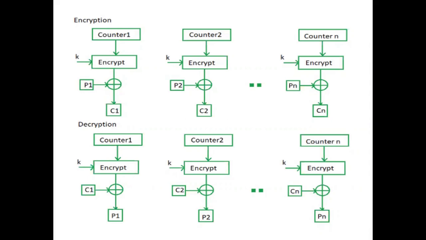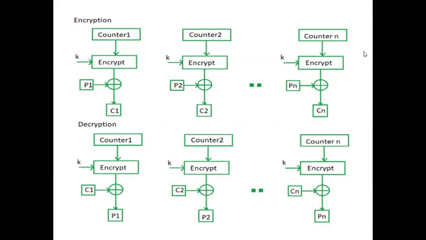So counter 1 will give encrypt. What is a counter 1? Actually, we need to discuss what these counters are. It is similar to the initial vector. What I told you, the initial vector is a group of 64 bits which is used to provide security. These counters, you are taking different counters for each block. These counters are also 64-bit size, which provides more security. Right? Simple, same process. You are performing encryption with a K, XOR with a P1, you will get a C1. And similarly, you can do that.